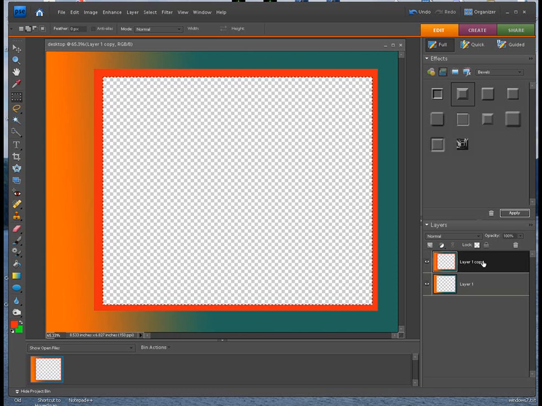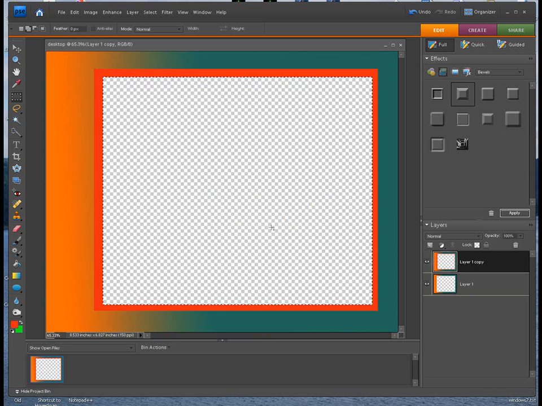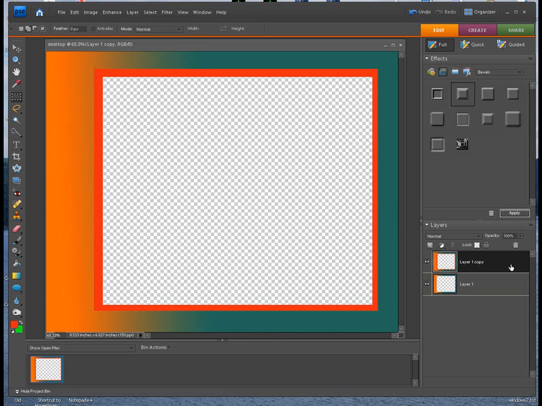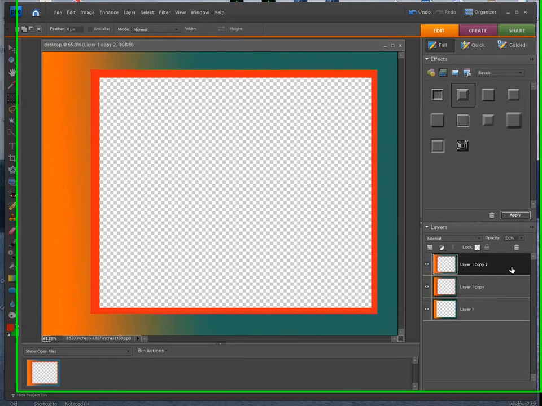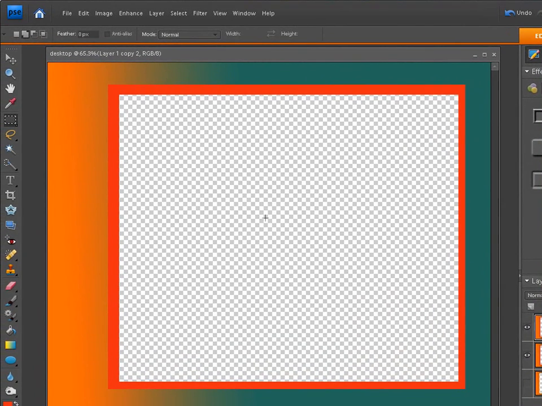Now, if you want, you can duplicate that background again. Oops, let's first go to Select, Deselect, and we're going to duplicate this. We can turn that bottom layer off right now. We don't need it. Now what you want to do is fill this. This will be the actual placeholder of whatever we're putting on here. We're going to throw some pictures on here and see what it looks like. So this placeholder,